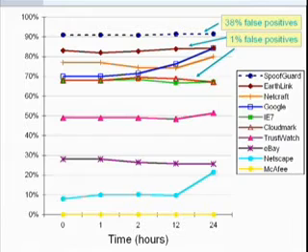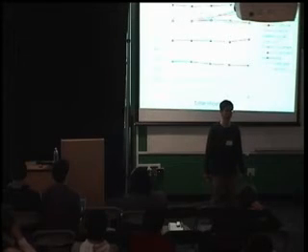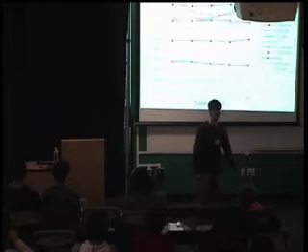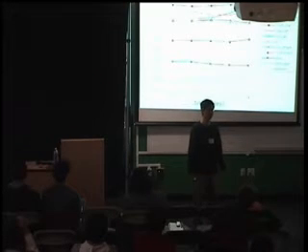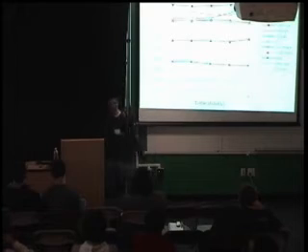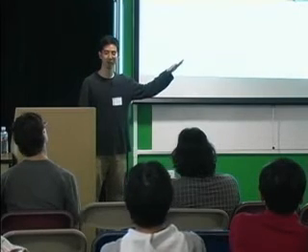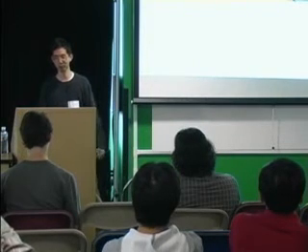Yes? Now the fact that they are going up between 2 and 24 hours for Google and 12 and 24 hours for Netscape, does that imply that they're using that other list that has been super confirmed? Yes, that's what we believe. But the problem is that a lot of these are sort of like black boxes, so this is more our conjecture as to how they work. We're trying to reverse engineer them. So the question is whether the uptake is really because of using the available phishing feeds? And we believe so.